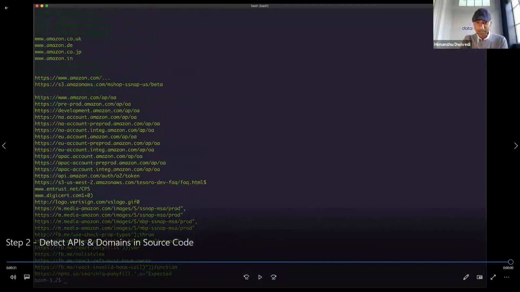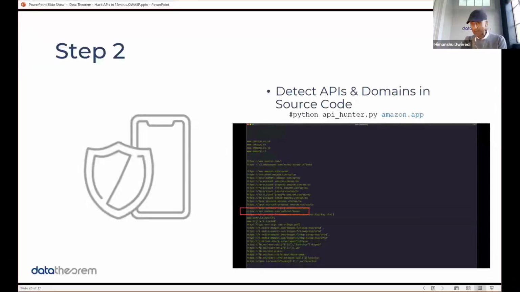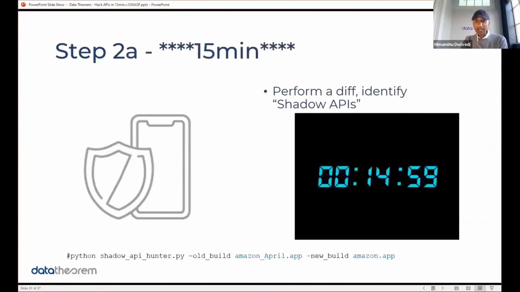And so I'm going to go back to my slides. So far, we've taken the app from the App Store. We ran API Hunter on it, and we got some APIs, right? All good. Now, here's the clever part. This is the clever part, and I applaud this hacker group that did this two years ago, because remember what I said about efficiency in the beginning of this? What they did is they took the Amazon app, or any app today, and they sat on it.